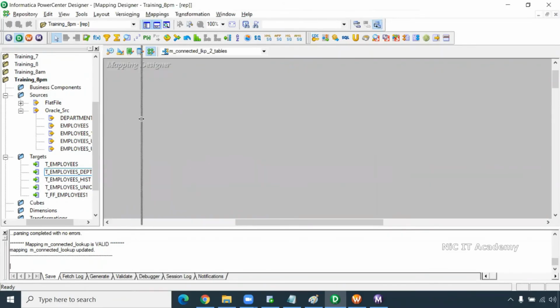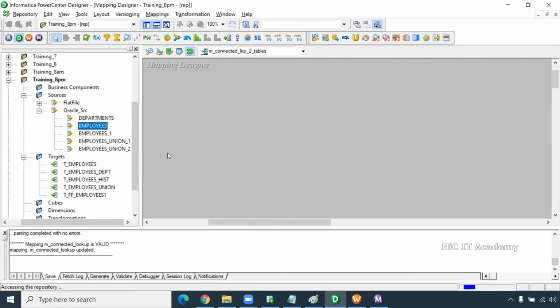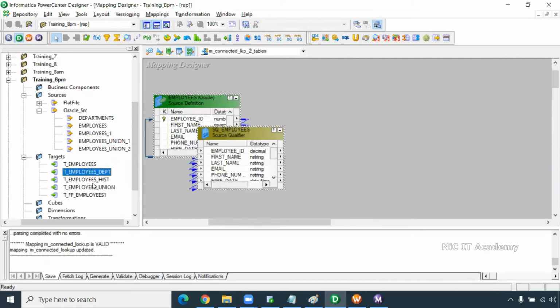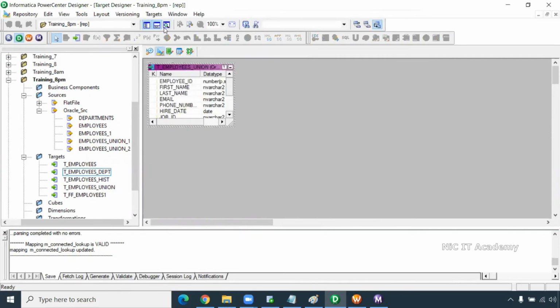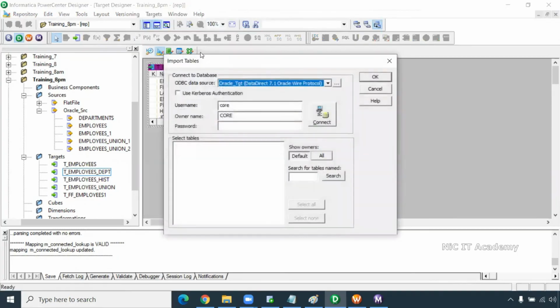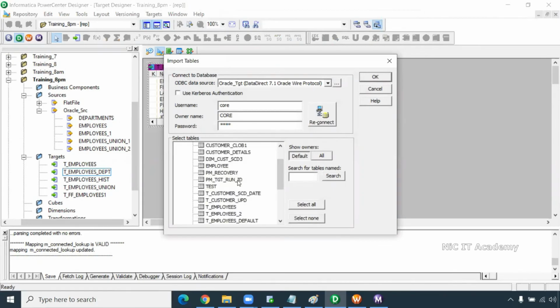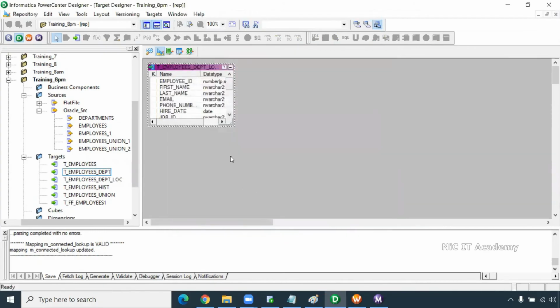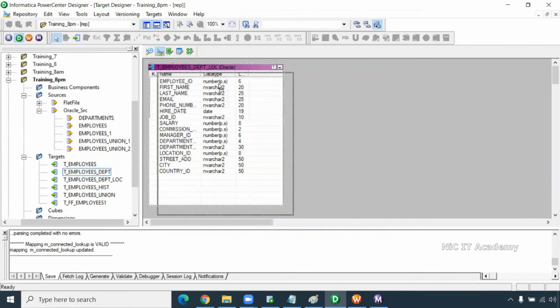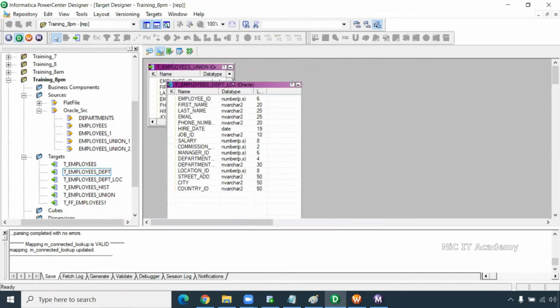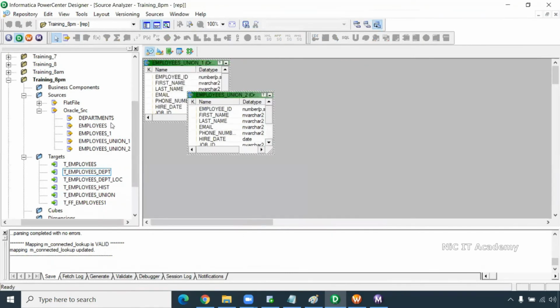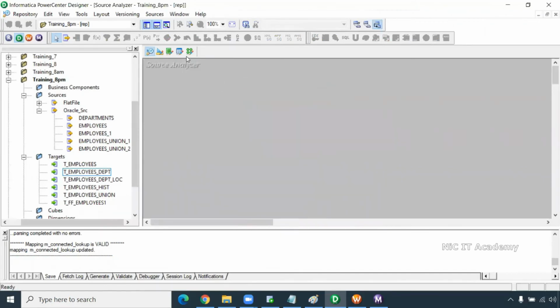First table, I will take the employees table only, as the source table. Here, I will take employees, department and location as the target table. So normally I will give this as an exercise, but here I will do it so that you will get an idea. So this table you should have created for your exercises, like the source qualifier exercise or joiner exercise. In source, I'm going to take locations, or you can take it in the runtime also.